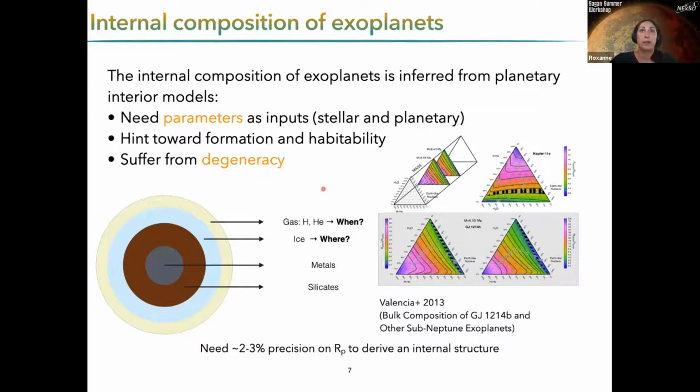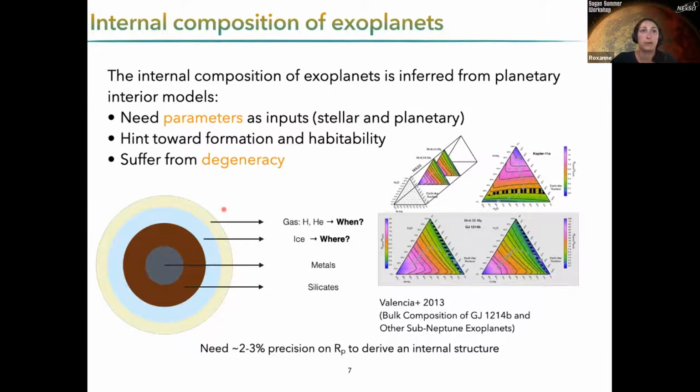For these models, we need both stellar and planetary parameters. As a result, it will give us hints to understand formation and habitability of exoplanets. The problem is, of course, that like every model, it suffers from degeneracy. For example, to give you an idea, if we found that there is an atmosphere